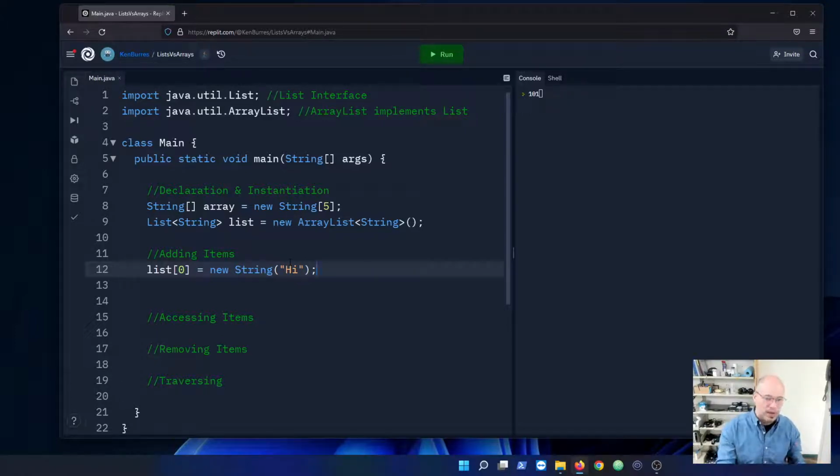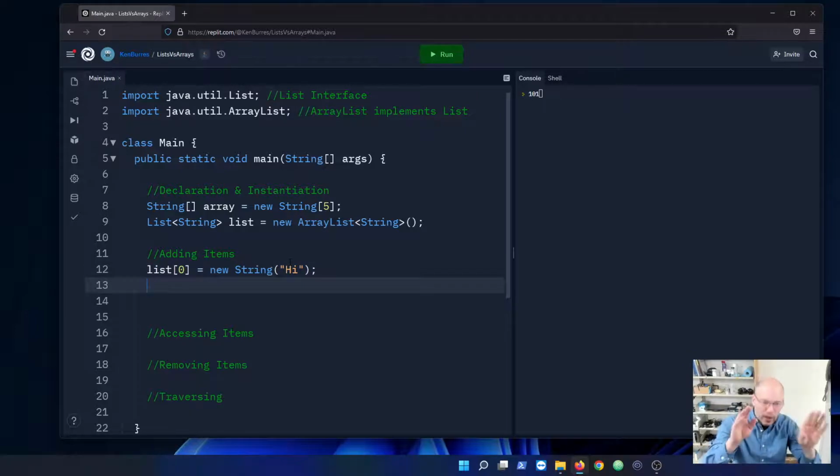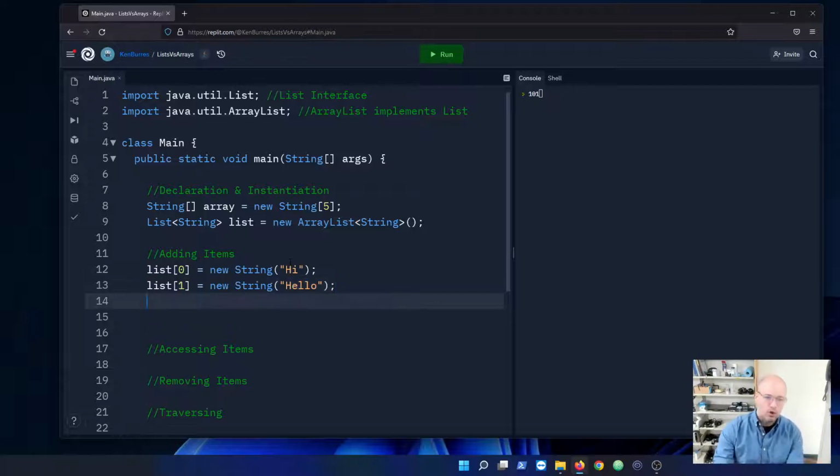So if I wanted to append something to this, I need to be aware of the fact that I have something in index 0, and now I'm going to add something to index 1. And I'll just put hello. So that's how I would add an item. I have to be very aware, again, of the length of the array because I don't want to go out of bounds. If I said something like array 5 equals new string,